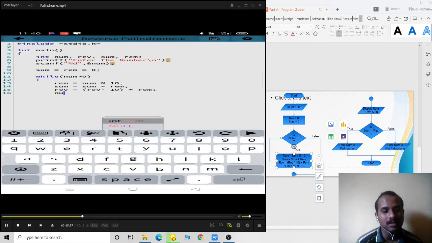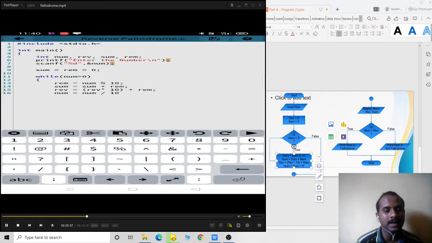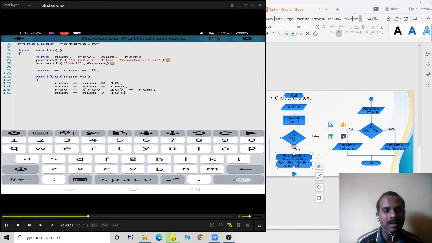So while coming to here, later on, I'm setting num is equal to num by 10, so that I can reduce the number. Next, I will be only performing the operation on 12, not on the 123. If I am taking the number as 123, then initially the number will be 123 in the first iteration.